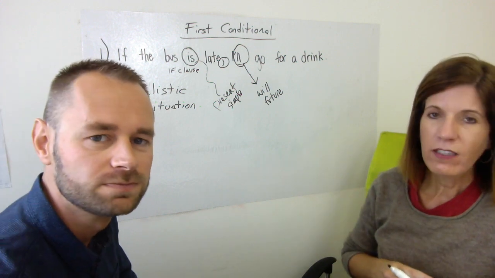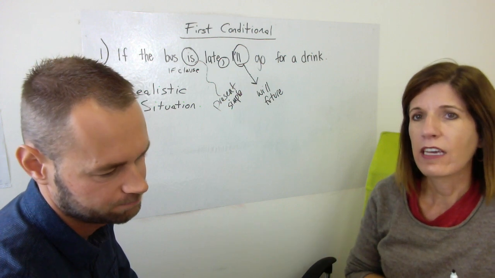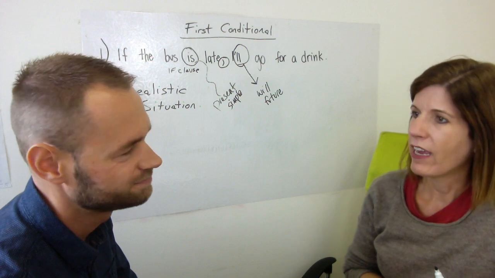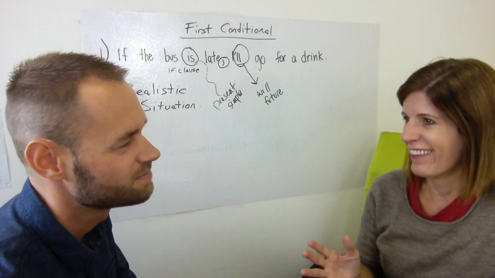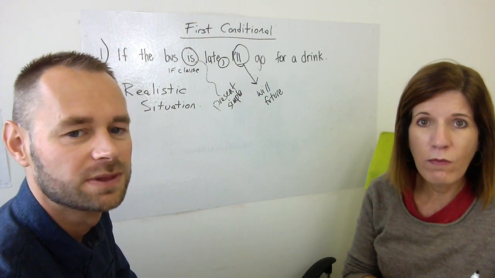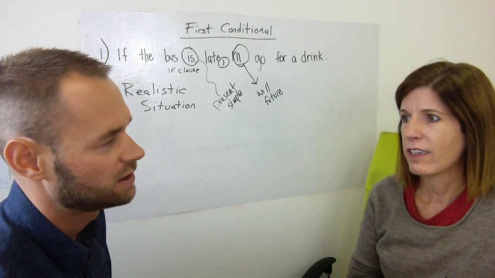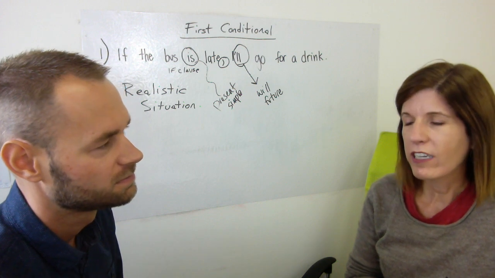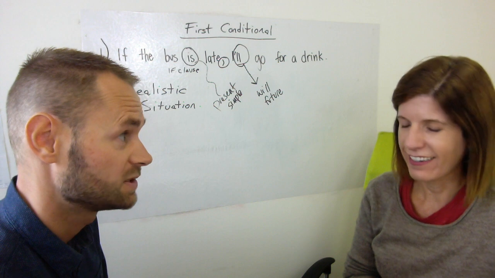And then there's a couple of other different uses of the first conditional. So we could use it as a threat in a way as well. So if you don't stop that, I'll freak out. You might say to your kids, if you don't clean up your room, I'll be very angry. And can we use it as persuasion as well, Laurie? Exactly. So if you clean up your room, I'll give you a cookie. So it can be used like that.